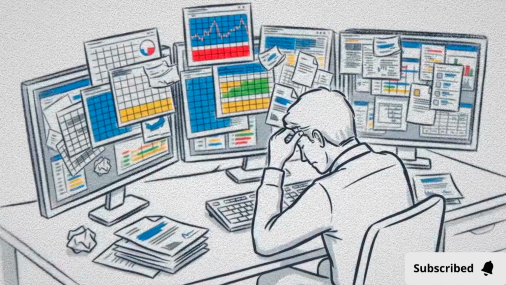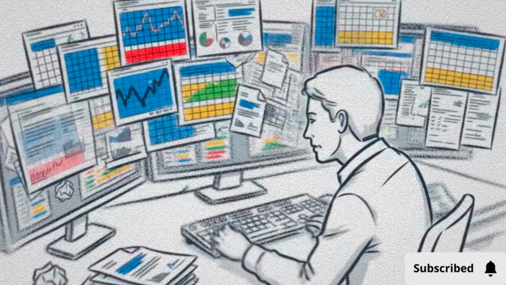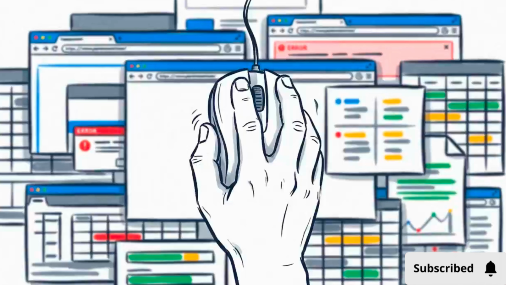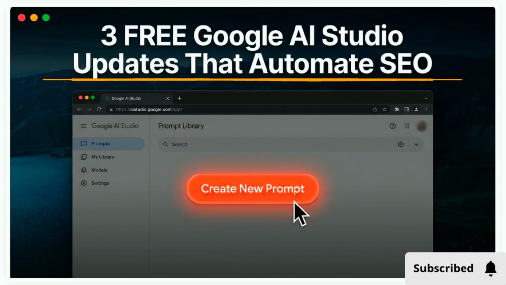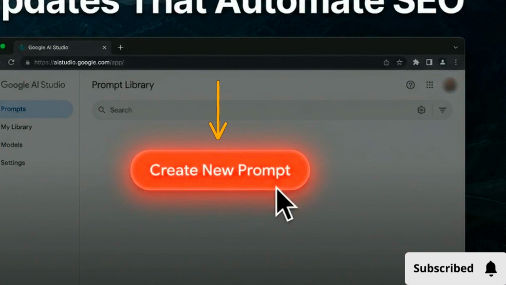Managing SEO manually usually involves jumping between keyword spreadsheets, analytics dashboards, and various content drafts. It's a repetitive cycle that forces you to constantly juggle different browsers just to complete basic tasks. Look at the Google AI Studio interface. We are going to use 3 specific updates to replace those manual steps with a managed pipeline, starting right here